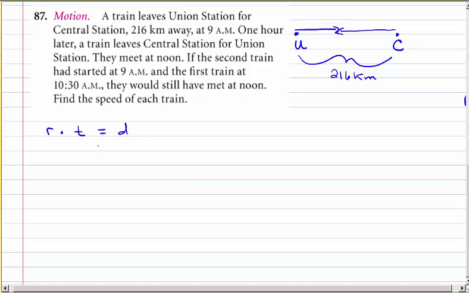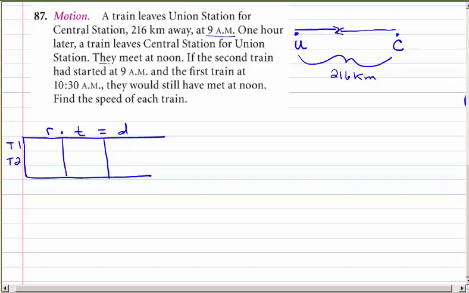And we have train 1, we'll just call it T1, and train 2. And this box just helps us organize the information we have. Okay, so what do I know? Train 1 leaves at 9 a.m. Train 2 leaves an hour later, and they meet